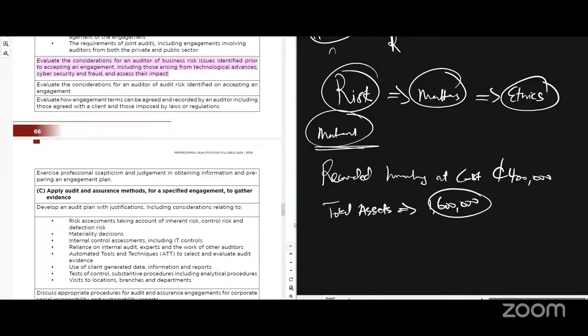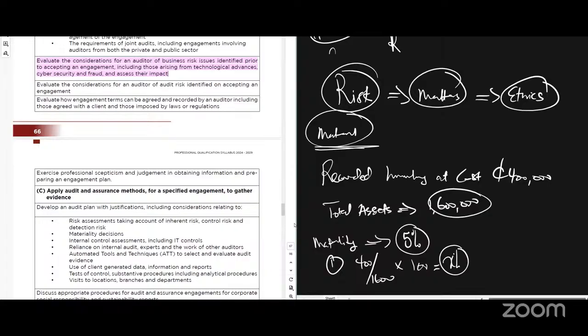To check whether inventory is material, people get confused as to how materiality is calculated. We have materiality thresholds. It should be what? 5% of total assets upward is material, right? So there are two things. One, you can just calculate this 400,000 out of the 1.6 million to see if it is more than this 5%. That means you get materiality in percentage, which tells you it's material. So if it's more than 5%, it's material.